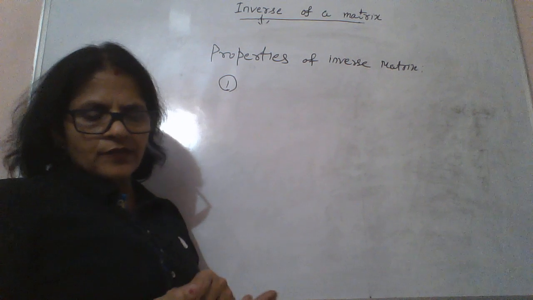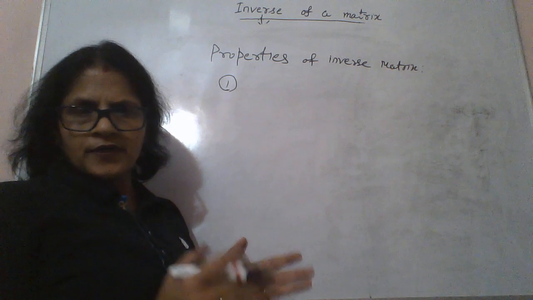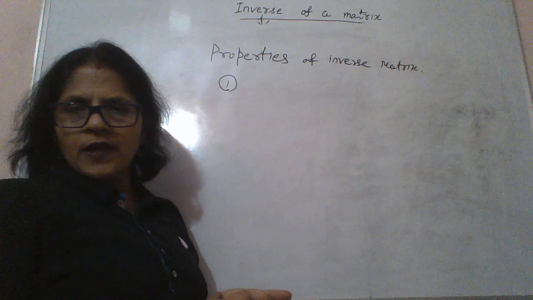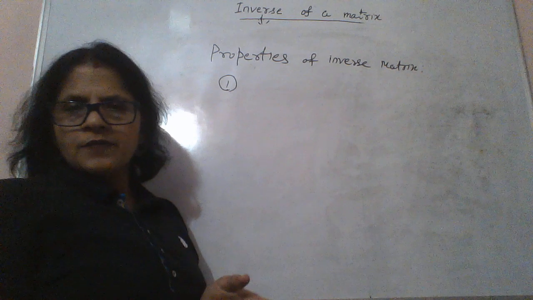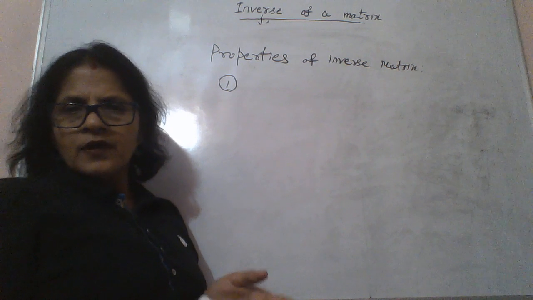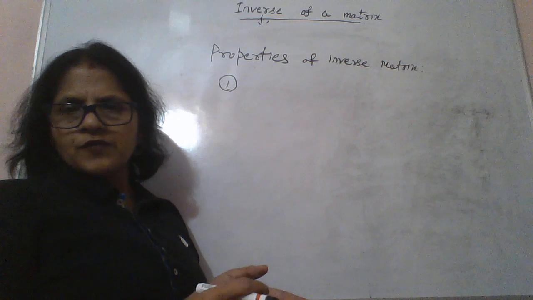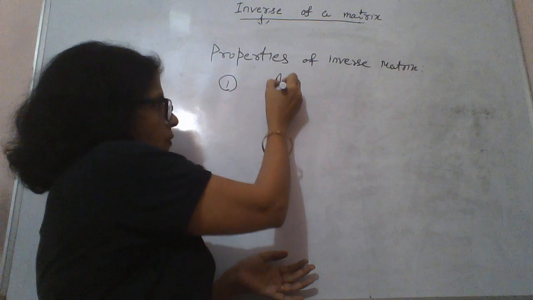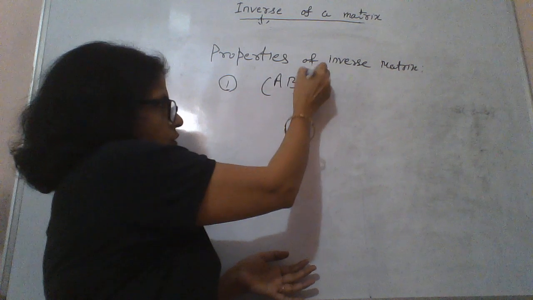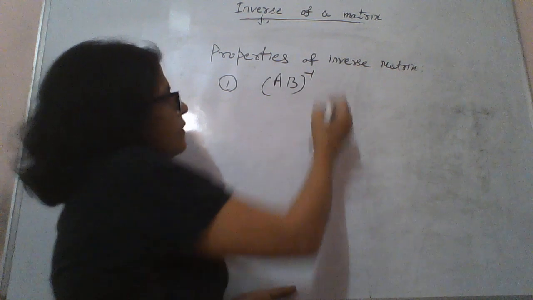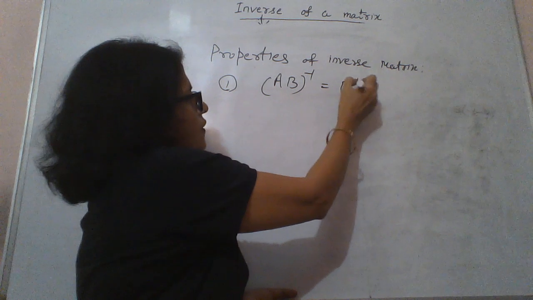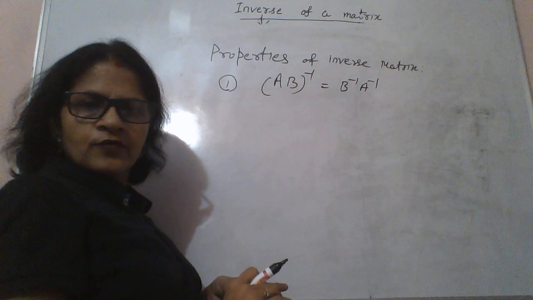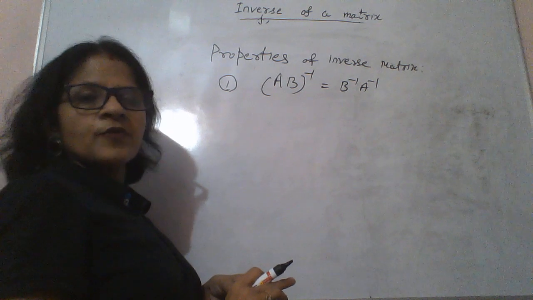And in both the cases, whether it is the adjoint of A, like we have studied, adjoint of AB equal to adjoint of B multiplied with adjoint of A. In case of the transpose of a matrix, we have done transpose of AB equal to transpose of B multiplied with transpose of A. Similarly, whenever we take the inverse of the product matrix AB, this is also B inverse into A inverse.